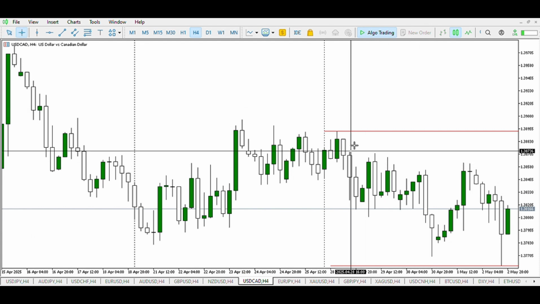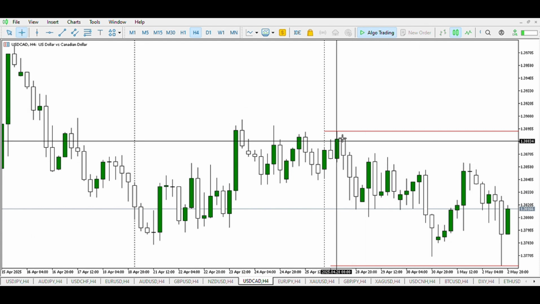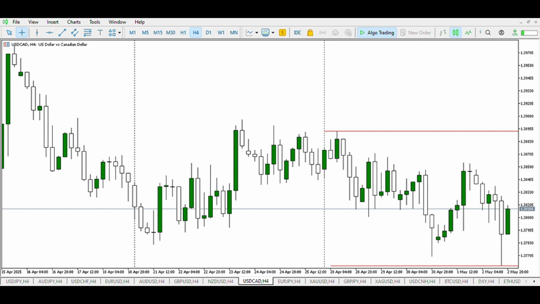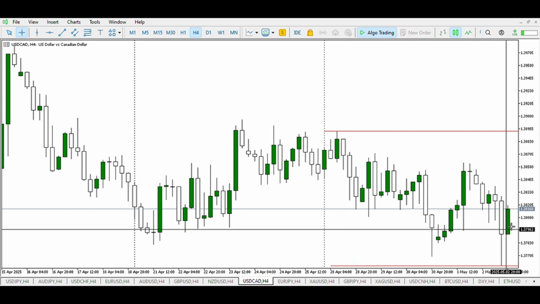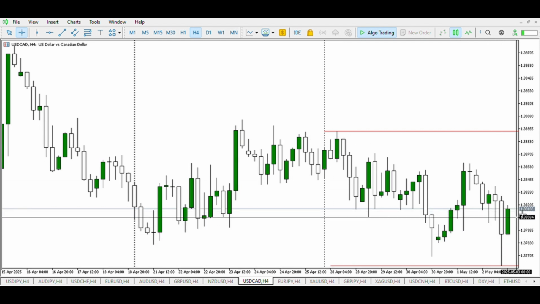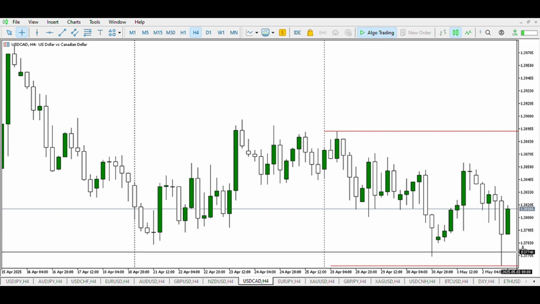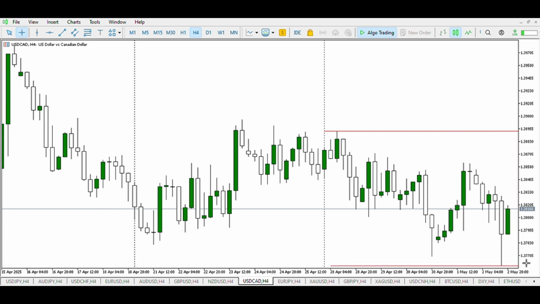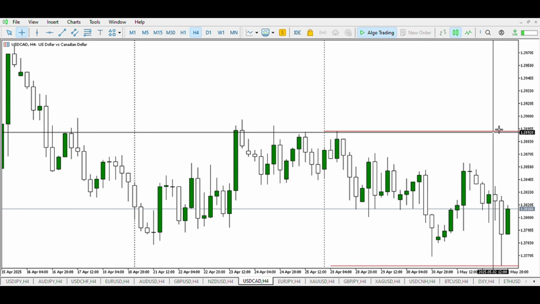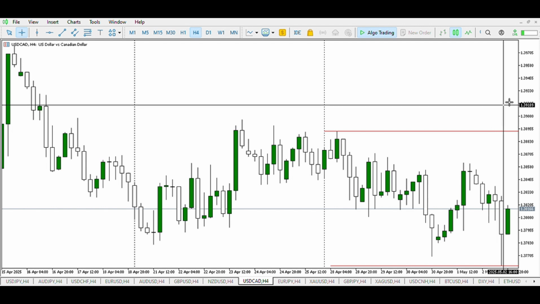On USD CAD, at this bottom, we can see a bullish candle, which is a beautiful zone to look out for, and at this low, we can see a bearish candle, which is also a beautiful zone. So by the market open, we can expect price to consolidate, take out this low and form a new support. However, if the reverse is the case, we can expect price to come up, break this zone, then form a new